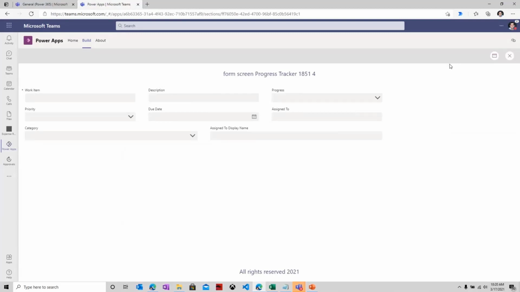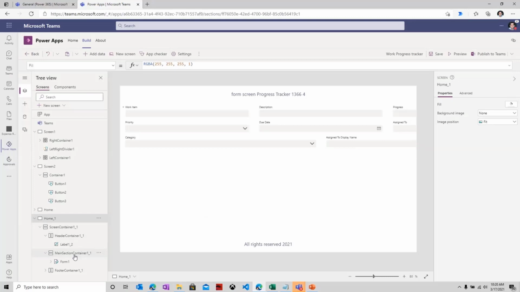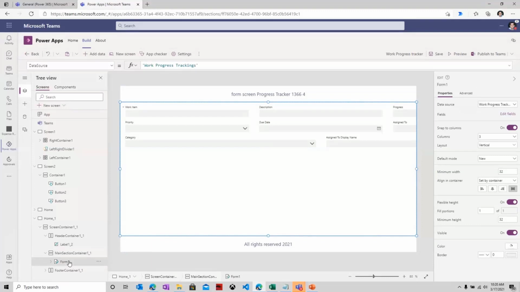Now, if you notice right here, the form control is just sitting randomly somewhere in the middle, starting from the left, and it's not spanning the full width. The reason is because, once again, for the container control, ensure that you have the stretch defined right here, in which the form control is sitting. Second, just like the gallery has a wrap count, the form control has a property called snap to columns, which is turned on by default. I can change how many columns I would like to show as well. So I'm going to change this to 4.